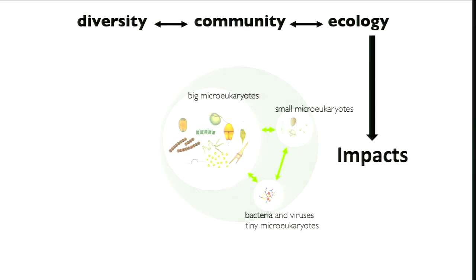And so as we think about the interactions between these groups, and I just mentioned that they live in communities, we have big microeukaryotes, little microeukaryotes, bacteria and viruses, and tiny microeukaryotes. All these organisms are interacting within these pink patches. And we need to understand their diversity and their community structure so that we can understand their ecology, so that we ultimately can understand impact. So hopefully you all agree with me. Our first step is to understand the diversity of these organisms. Then we understand how they interact with each other. We can learn about how they disperse, and then we can understand how they're impacting snowmelt and glacial and snow